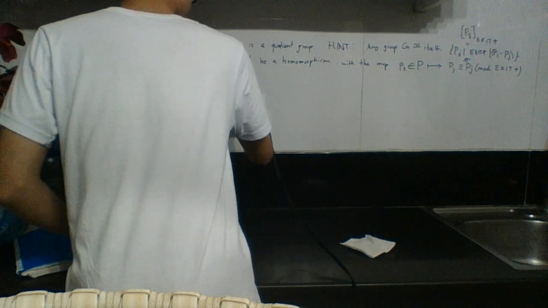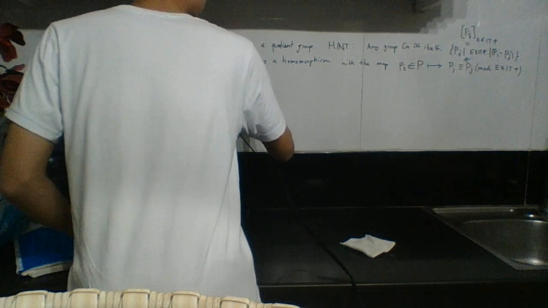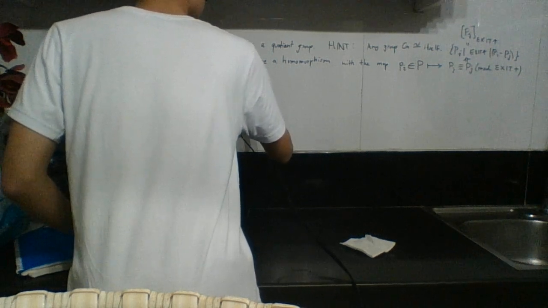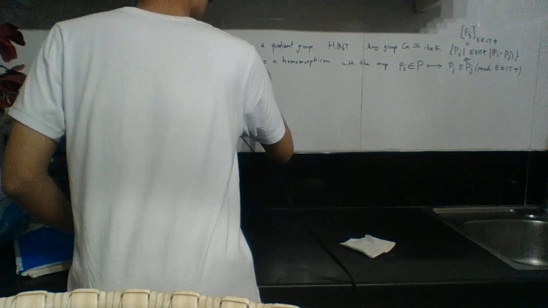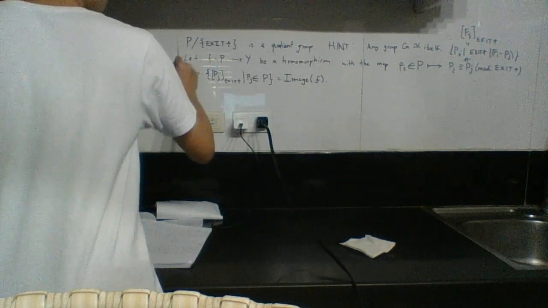So Y is defined to be the set of congruence classes with respect to x up arrow such that P sub j is an element of P. So that's Y, which we say to be the image of F. So I'm going to say let Y define that,